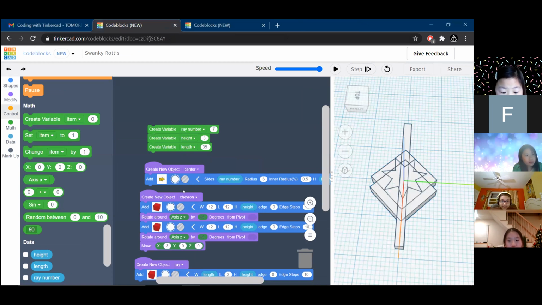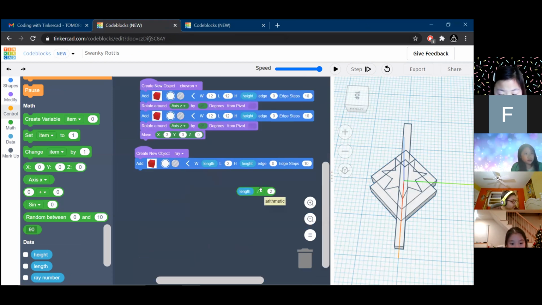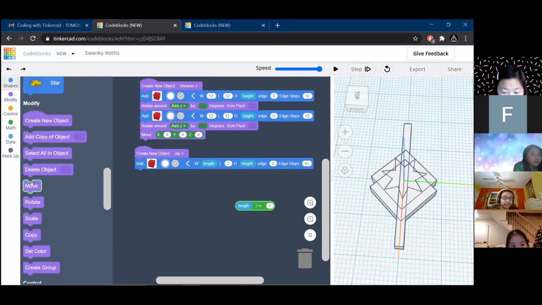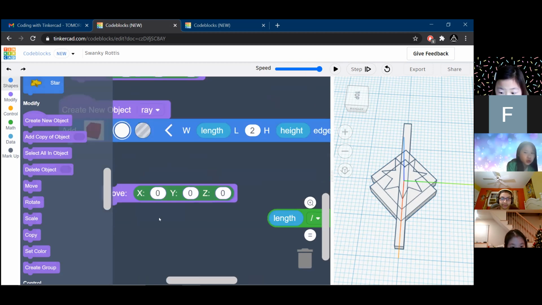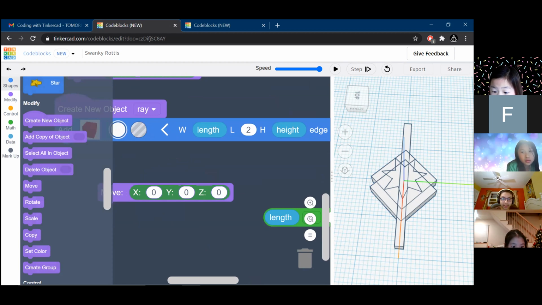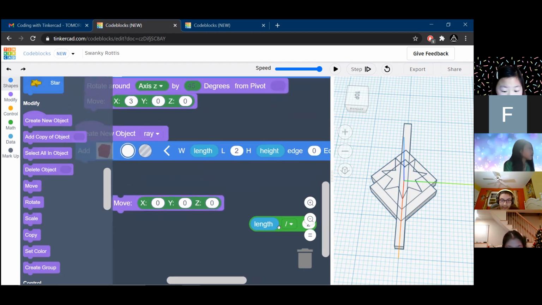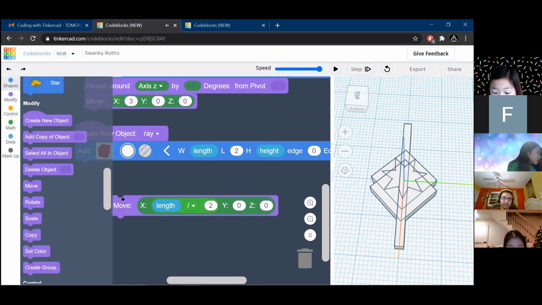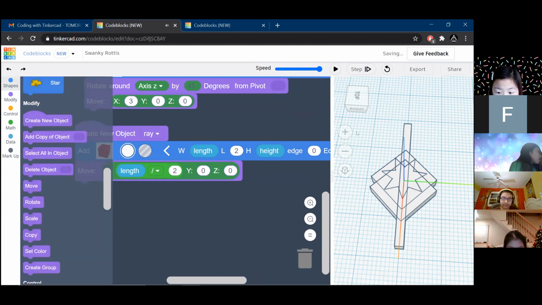Now, this is the first time that we're actually going to use a, oh, I forgot about this, right? Okay. Now we have this math, right? We have length divided by 2 that we made here. So what we're going to do is we are going to bring over the move command, and zooming in can help with this. So if you press the plus minus buttons here, you can zoom in and out, and that would help a little bit. Now, we are going to drag this length divided by 2 into the X, and then drag that whole move block under the red. If we play this, it should look like this.